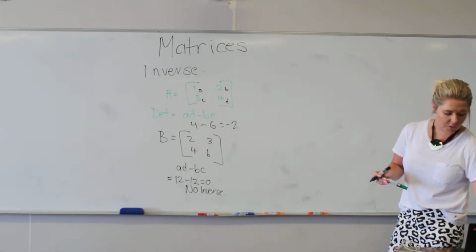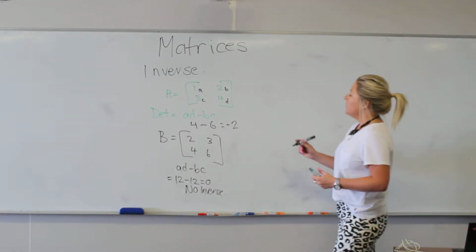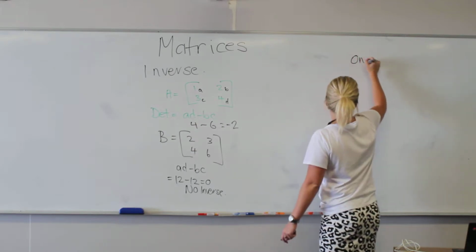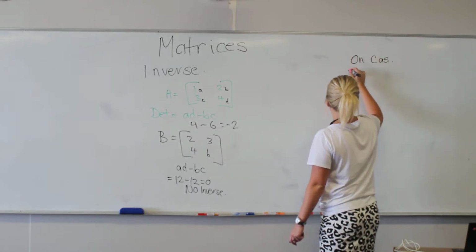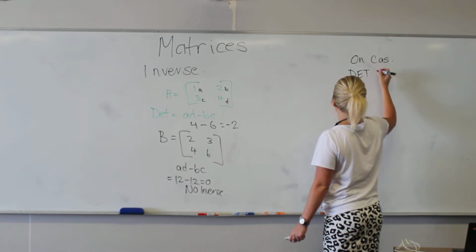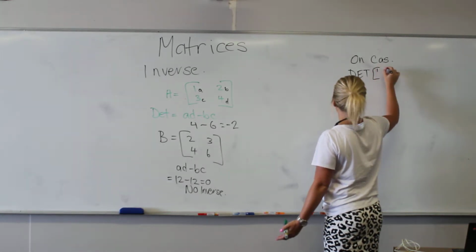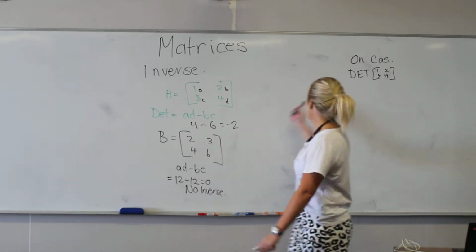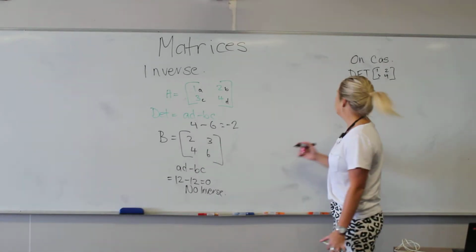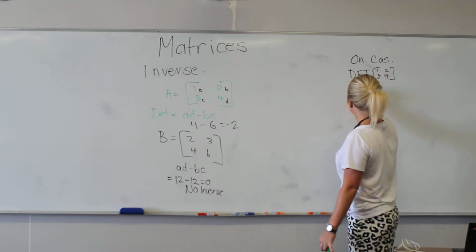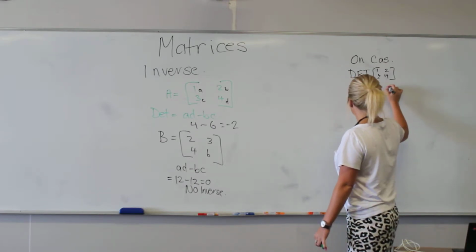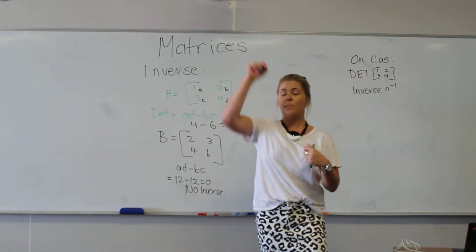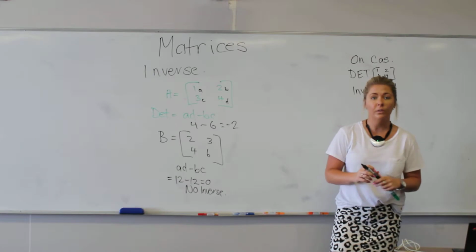So, if we were to find this on your CAS calculator, for the determinant, type in DET and your matrix, and it will give it to you. Alright, that is that. If you are to find your inverse, you need to do it to the power of negative 1. Write your matrix up and do it to the power of negative 1. That turns it into your